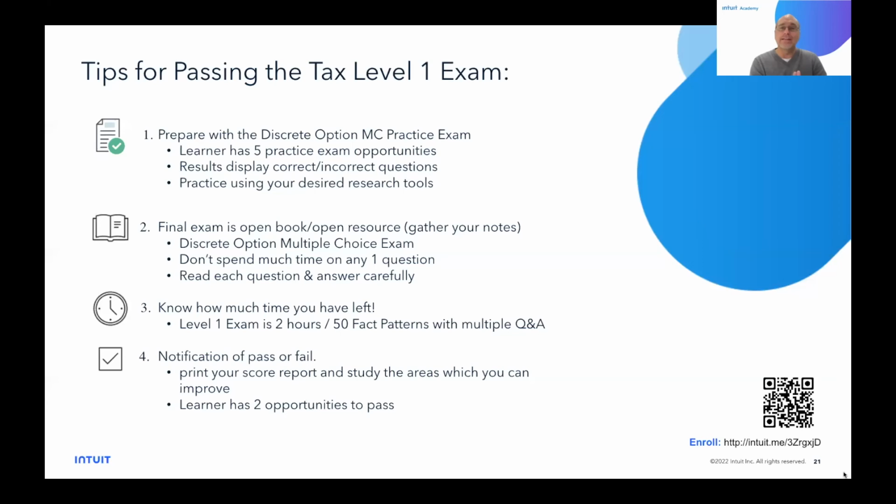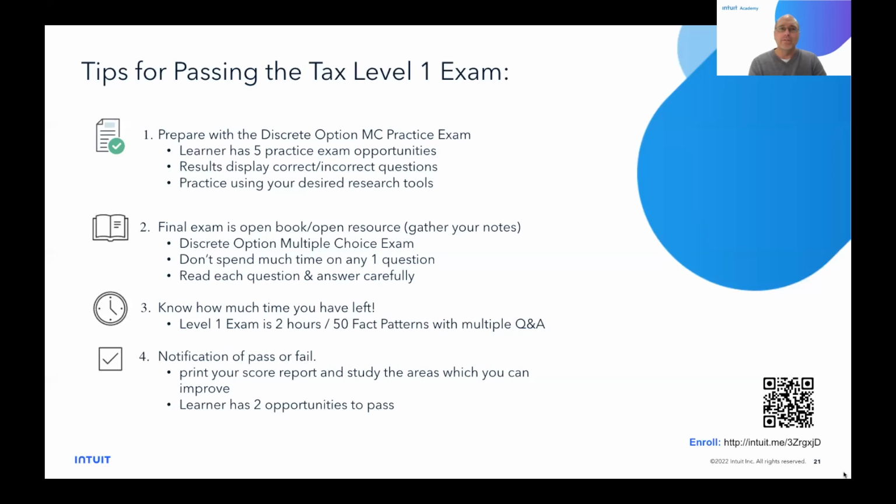At the end of that, you submit it and you're notified of passing, get your badge, ready to rock and roll, or you have to go back and brush up on some stuff here. You can print your score. It does give you different areas in which you can improve, which is nice to go back and brush up on. This also has 2 opportunities to pass. If you fail both times, you have a 6-month cool down period, and then you can certainly come back.